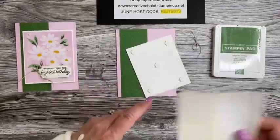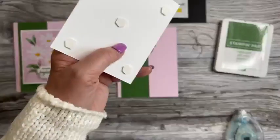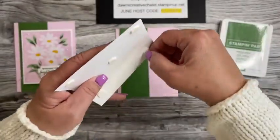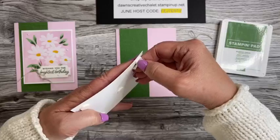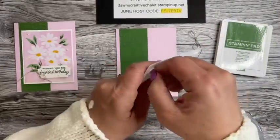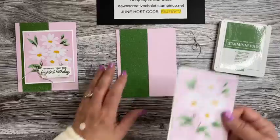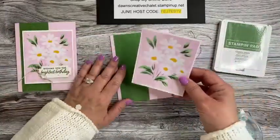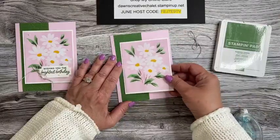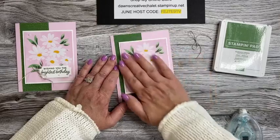Do you guys do that if you have extras so it doesn't get lost in the shuffle? I'm going to go ahead and peel these off. These are double sticky, and they just help give dimension to your cards. And I'm noticing here that I think I am missing a piece